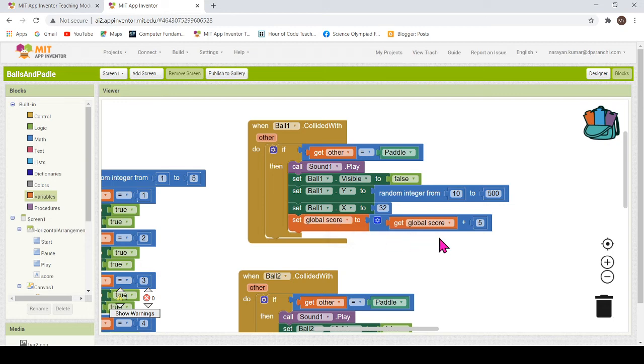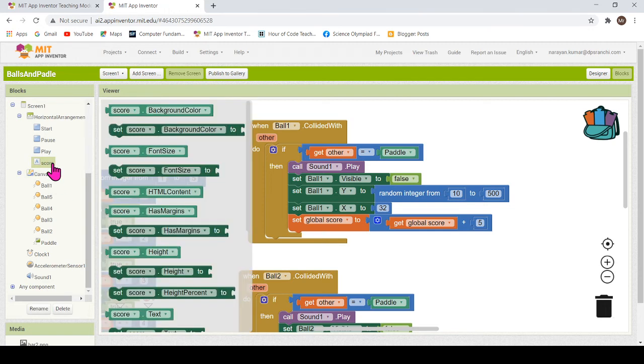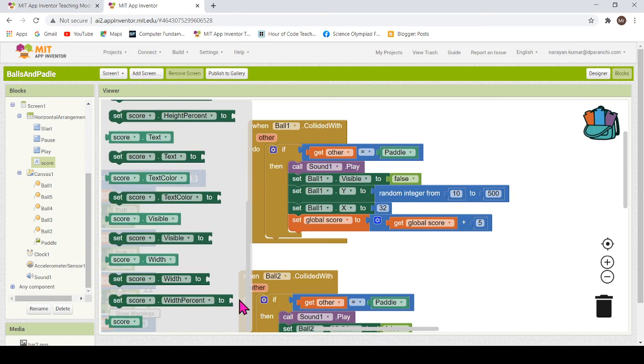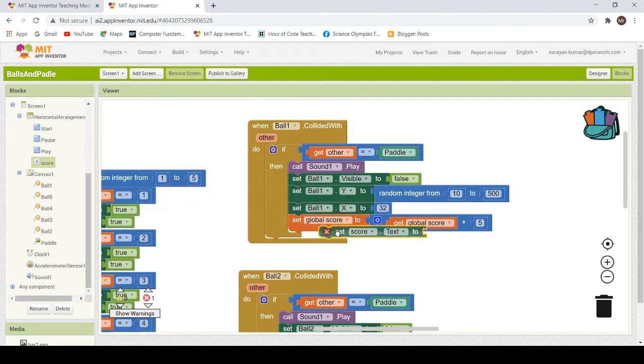Next is to display this number on your label. To display this on the label, we will go to the score, that's a label, and drag this block, set score dot text.